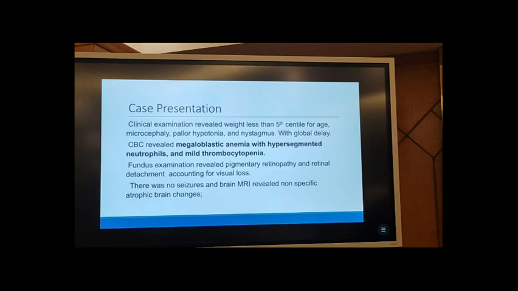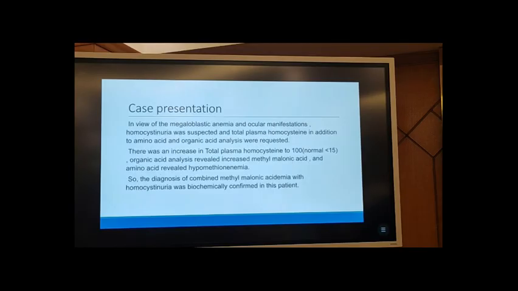Fundus examination revealed a pigmentary retinopathy and retinal detachment, and this was the cause of her visual failure and of the nystagmoid movement she had. There was no seizure, and brain MRI revealed non-specific atrophic change. In view of the megaloblastic anemia and ocular manifestation, homocystinuria was suspected, and we performed total plasma homocysteine in addition to amino acids and urine organic acids. Urine organic acids demonstrated methylmalonic acidemia, and the total plasma homocysteine was 100, with a normal of up to 15. So this was a combined methylmalonic acidemia and homocystinuria, but at this time we did not